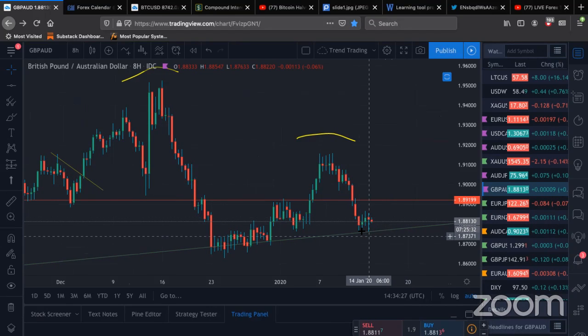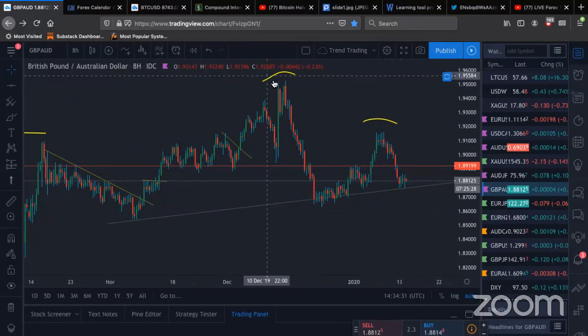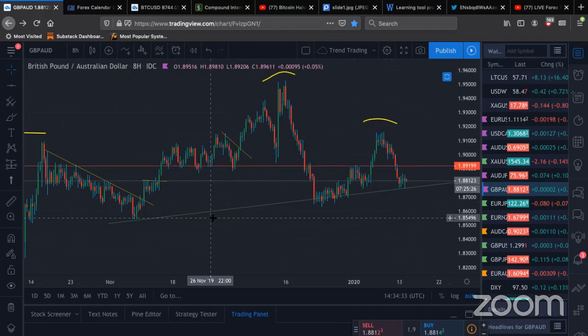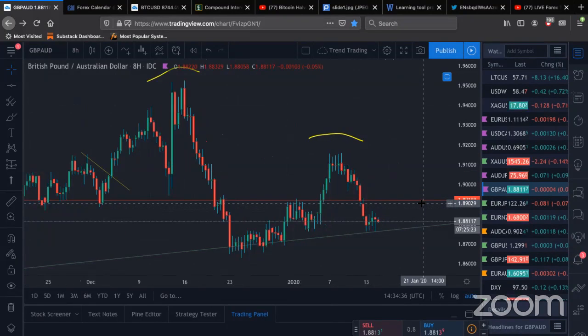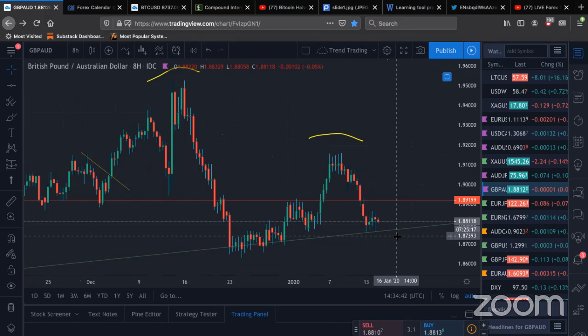I wouldn't buy here. This is a very counter-trend trade. Price is falling, and we're now approaching the neckline. So for me, it's where can I get short? If we break down below the neckline and then get a retest, and the broken support holds as resistance, price